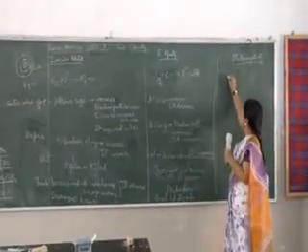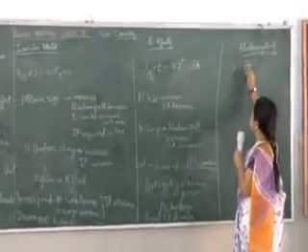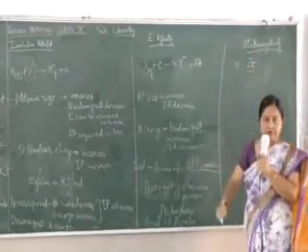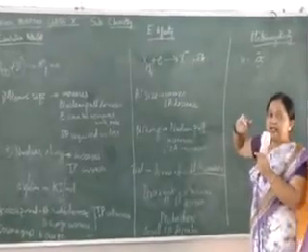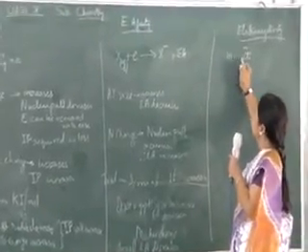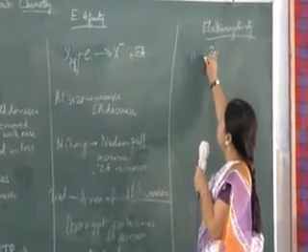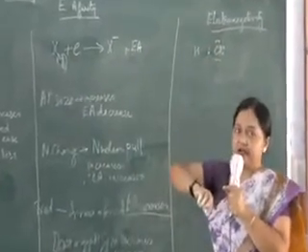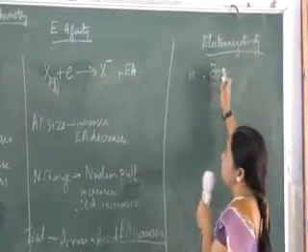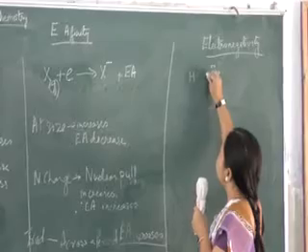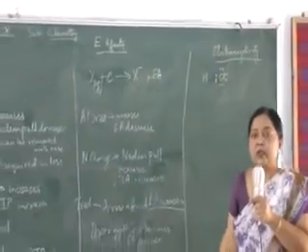Suppose hydrogen has 1 electron and chlorine has 7 electrons. Now, when they join and form HCl, there is a shared pair. These 2 electrons are shared, meaning hydrogen's 1 electron and chlorine's 1 electron are shared. But we see that this shared pair of electrons is more towards chlorine, meaning hydrogen's electron is also drawn towards chlorine.